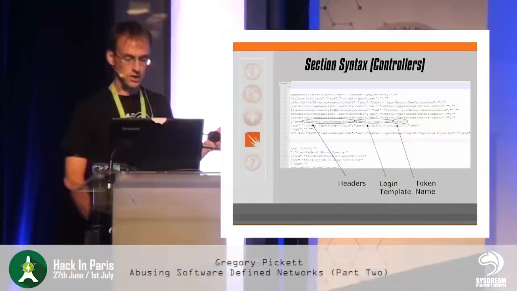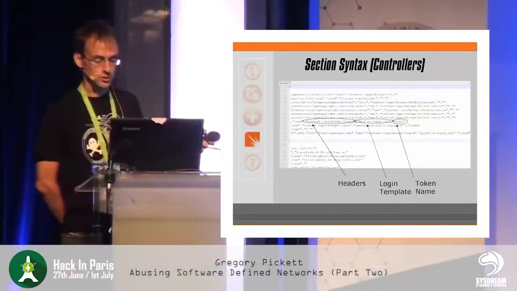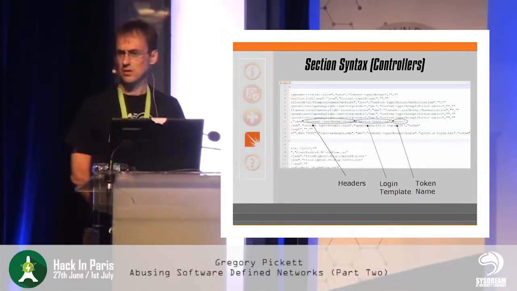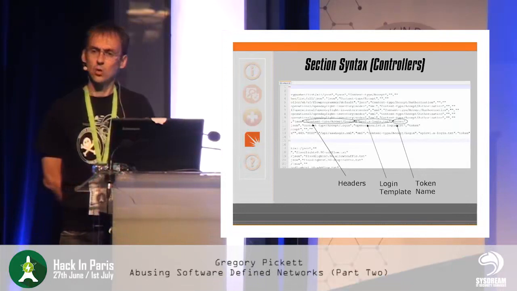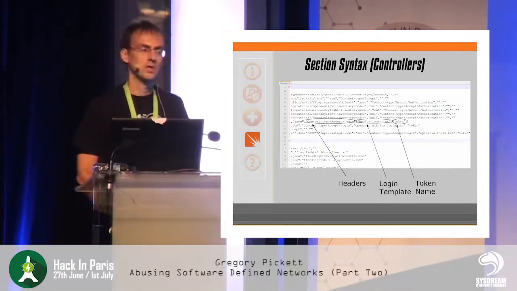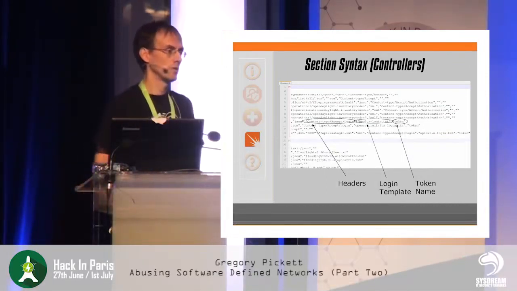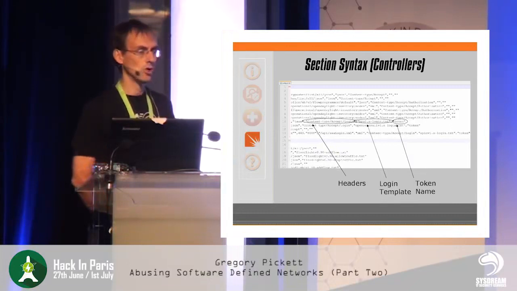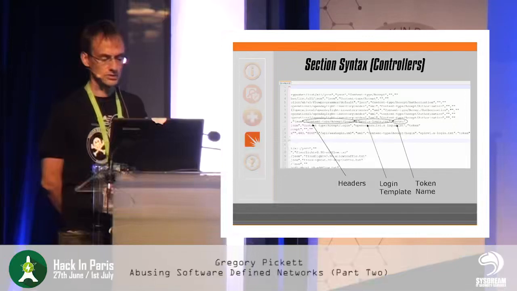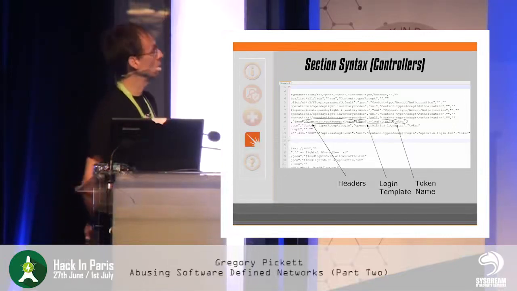So you have one of those, and then for each controller, you have a number of defined operations. There are just a couple or handful in here, but you can add a whole lot more, because if you go through the documentation for any of these controllers, there's 20, 30, 40 different operations. And you can add and add and add all the different types of operations so that you can push all of those messages for the operations through Burp to test the controller, try to break it there with that operation.